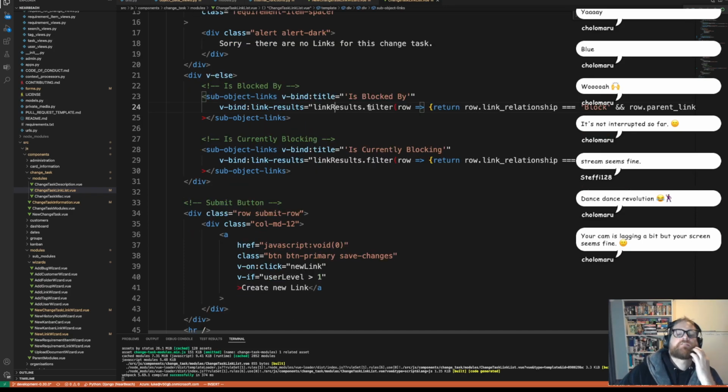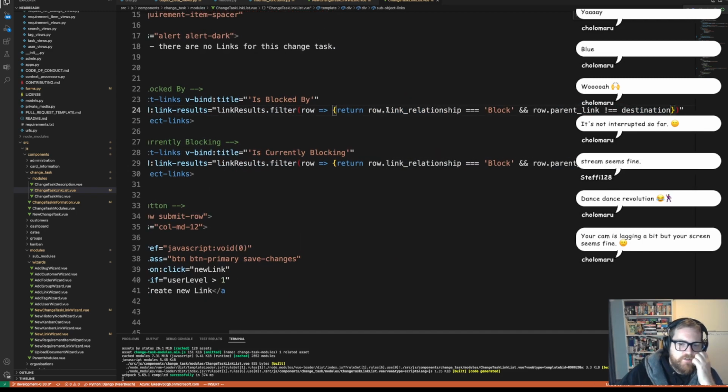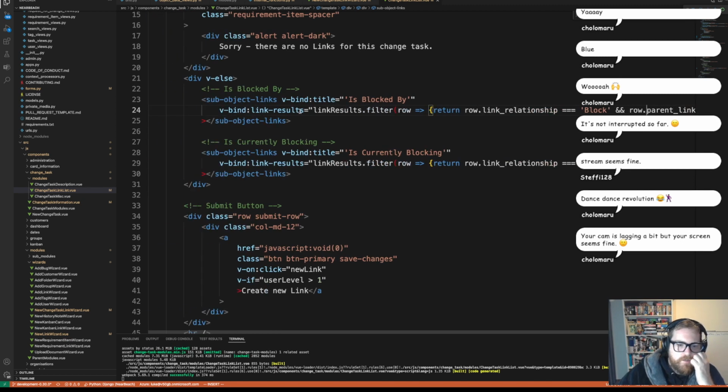So link list result. And we're filtering by the row link relationship, parent link, destination, stuff like that. So it might be a bit harder than we think. I mean, I could map the data and all that kind of stuff, but that's adding,